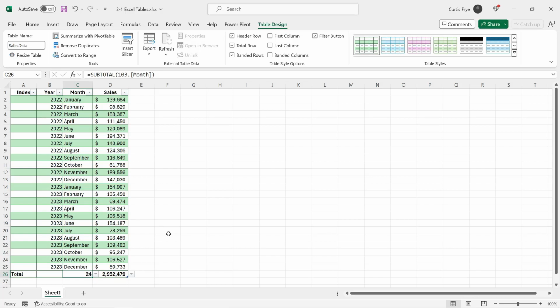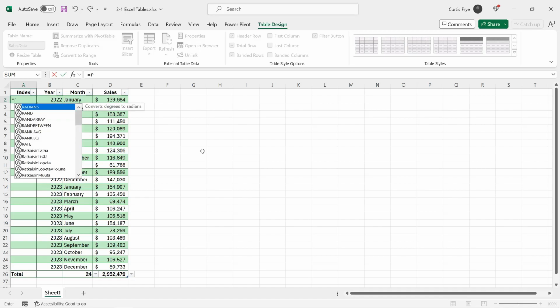Entering formulas in an Excel table is also pretty straightforward, and you'll see that it lets you skip a step for copying the formula down. So let's say that for my index values, and that'll be the first column of my table that's currently blank, I want to have a number that is sequential, starting at 1, for each of the rows in my Excel table. So in A2, I'll type equal,